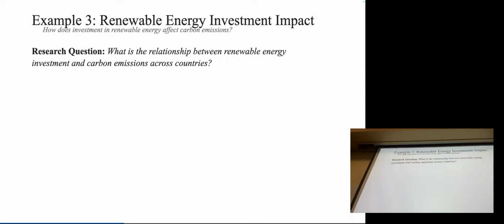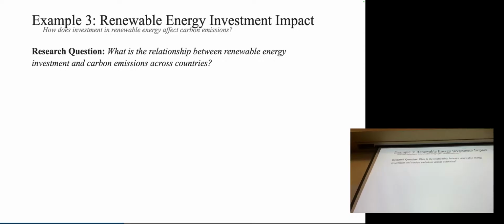Yeah. Right. So a large country, whether that's population or GDP, just has more money to spend on investment. So we could think about renewable energy investment as a percentage of GDP, which might be a better measure.